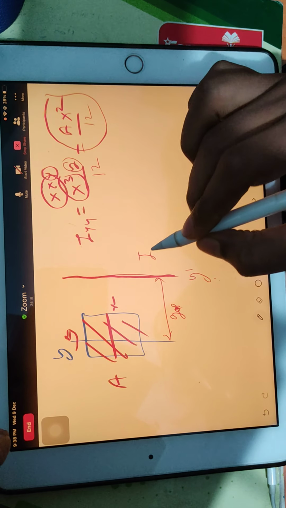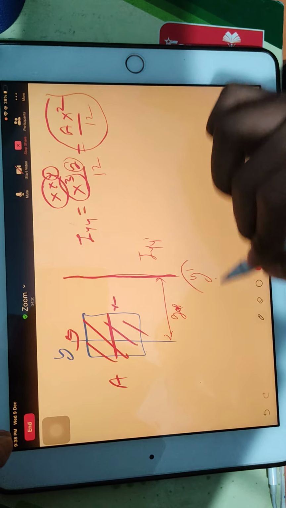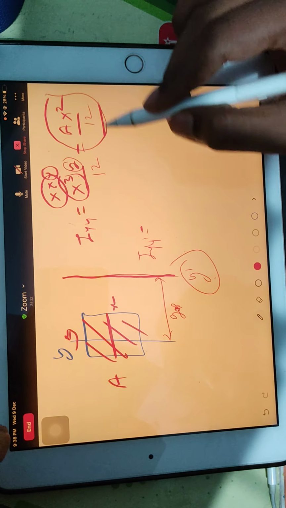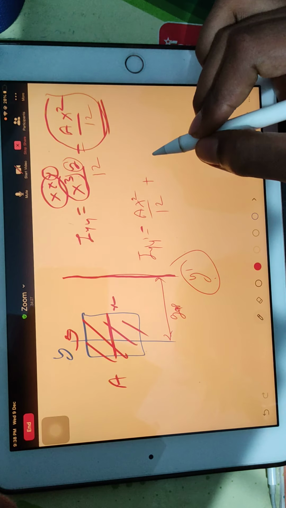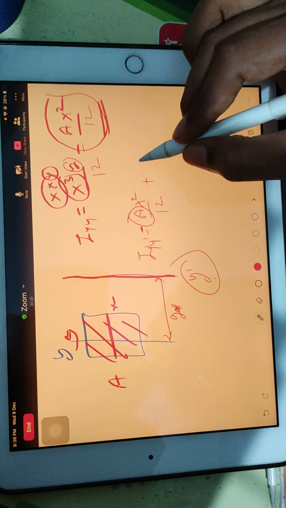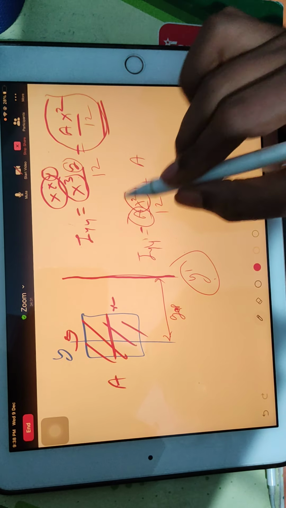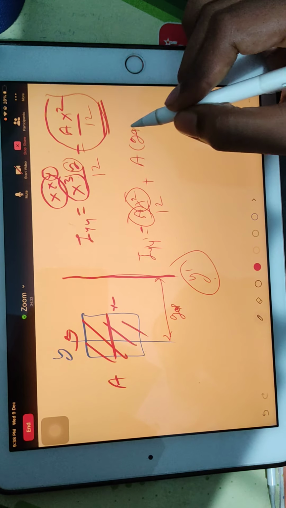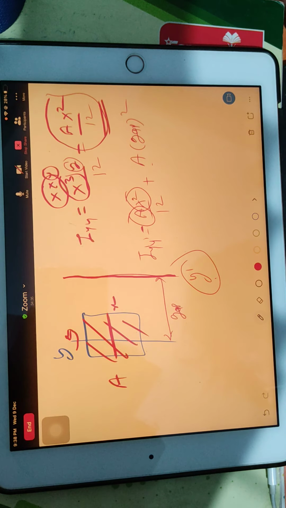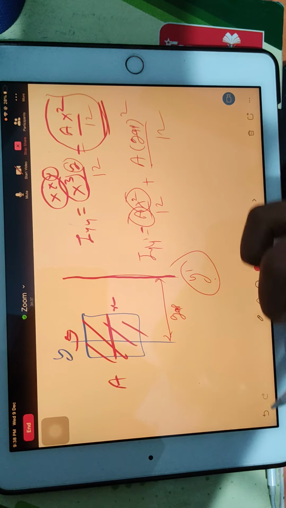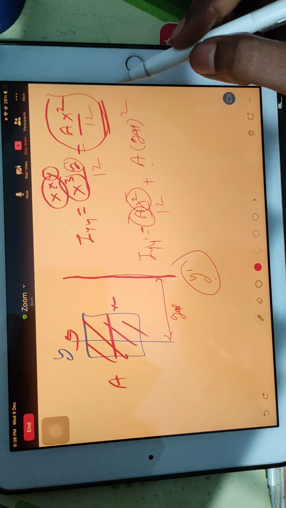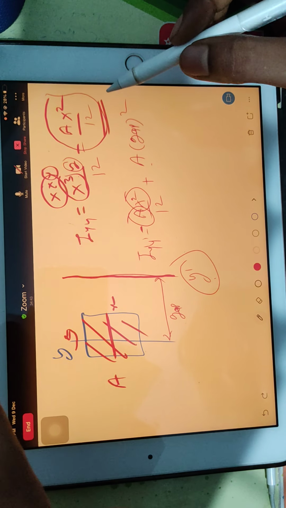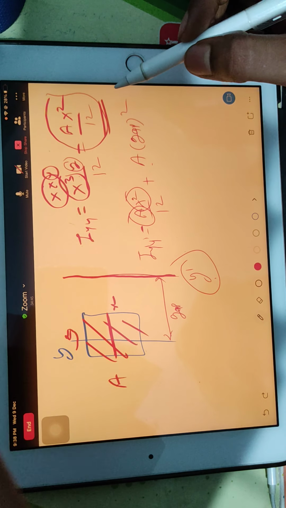So now your new I y about the y dash axis will be, this is the ready-made answer, A x square by 12, plus the extra term. What is the extra term? Area is here, so area will be here also. Here is square, so you have to square the gap. Gap squared, that's all. Don't put 12 again. Clear? Cool. That is how to apply the parallel axis theorem. Okay, done. So the parallel axis theorem is clear.